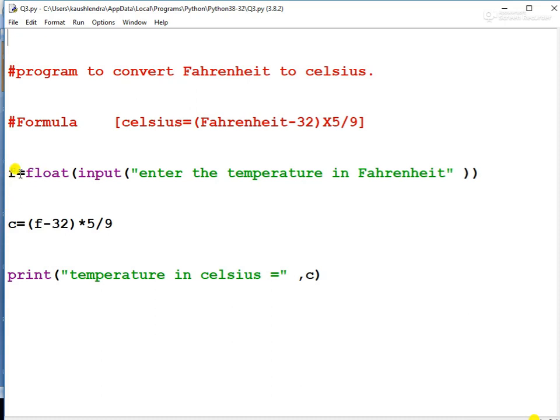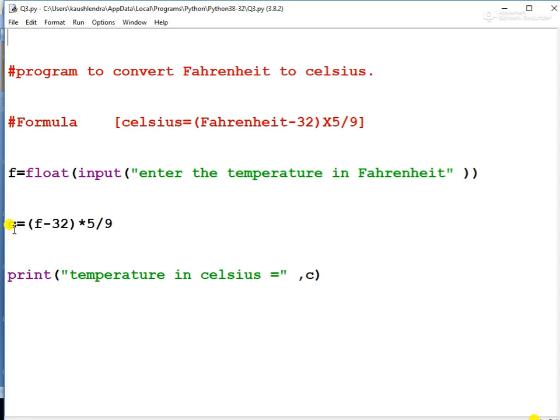F and C, two variables I am having. Specify the data type as float. Then the input function for taking the input from the user. "Enter the temperature in Fahrenheit." It is your message. Okay, close all the braces.